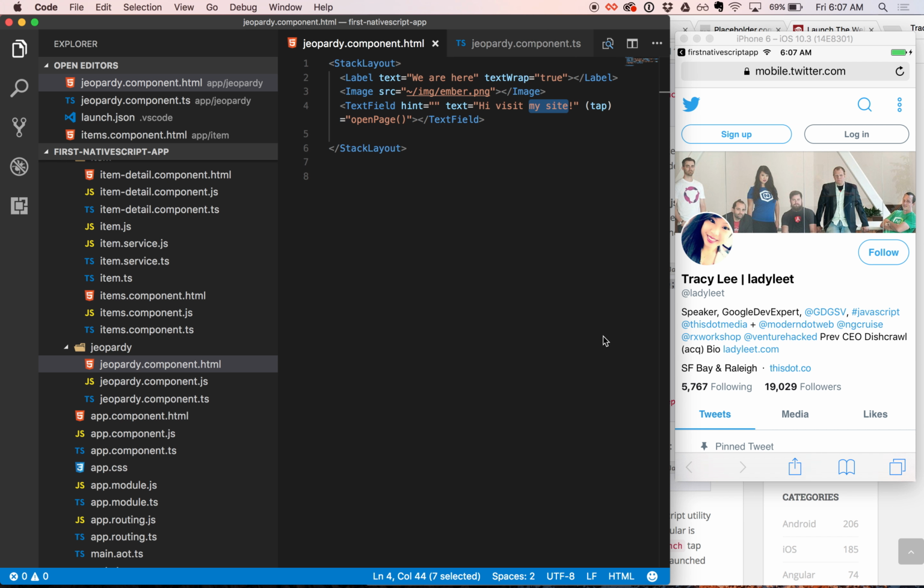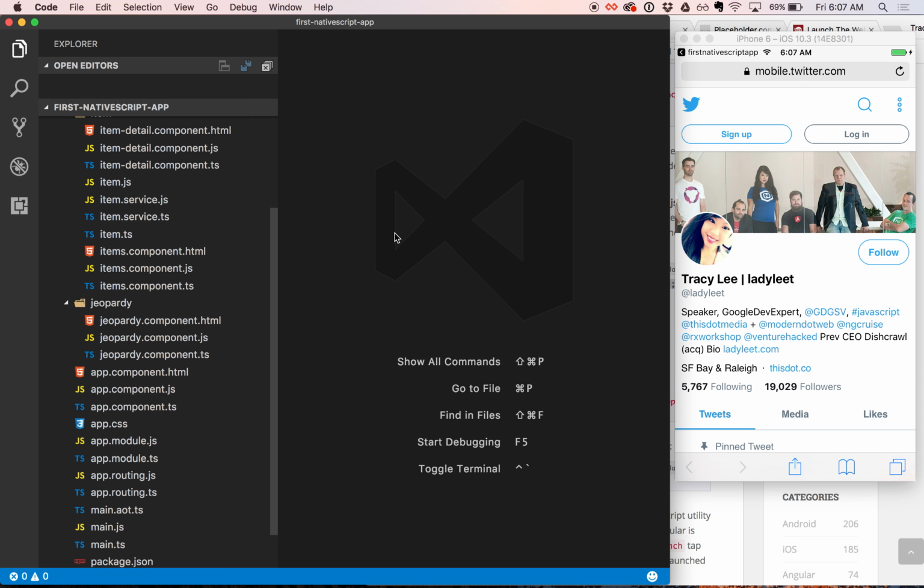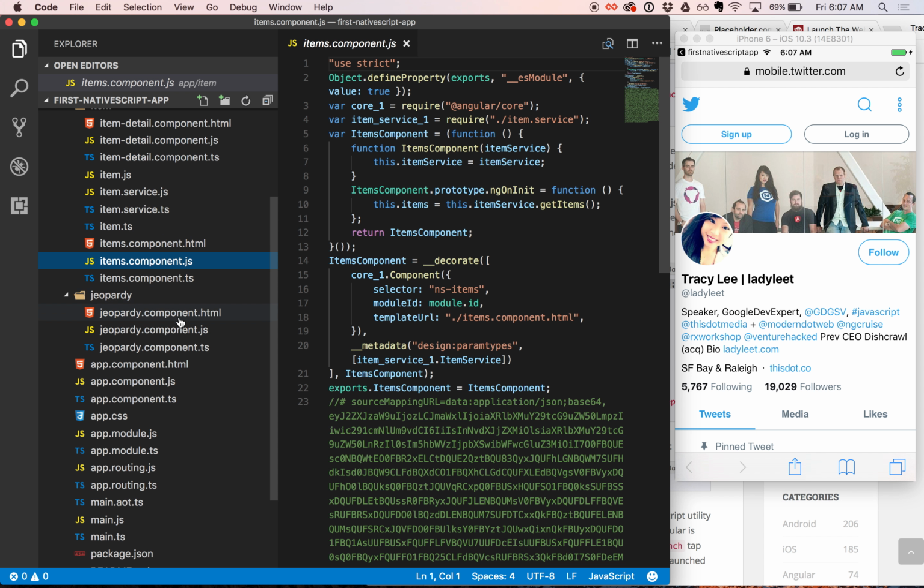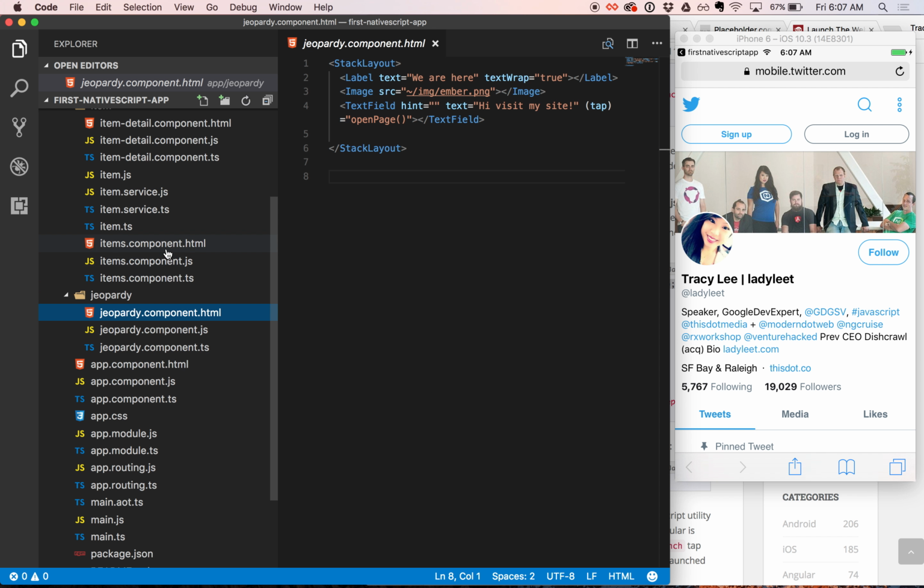All right. So how do I deploy an app? Deploy. Okay, that's a whole different thing. Before we get there, can we do one more thing? Yeah. I want to show you. If you go to items.component.html,